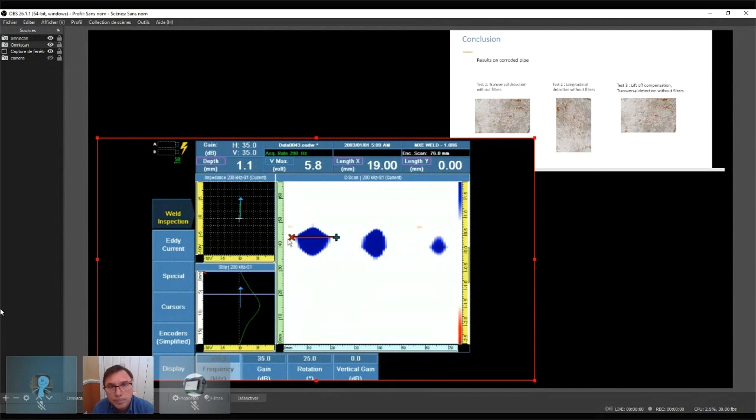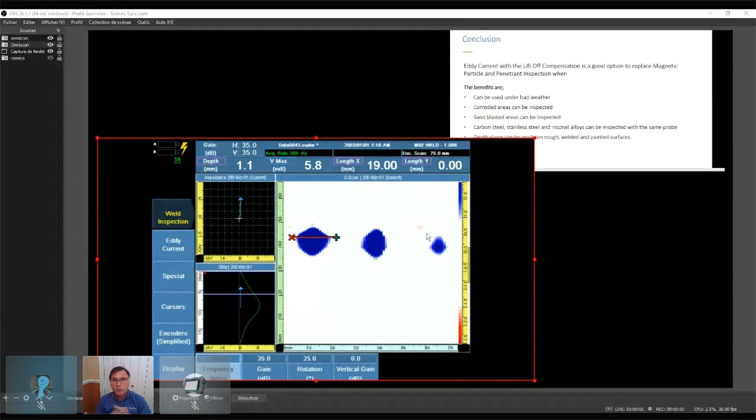So normally you can have 10 to 20% off when you have to deal with liftoff, but still it's a pretty good result to measure the depth of crack. So if I go back here, so the conclusion: eddy current with the lift-off compensation technology is a good option to replace magnetic particle and penetrant inspection